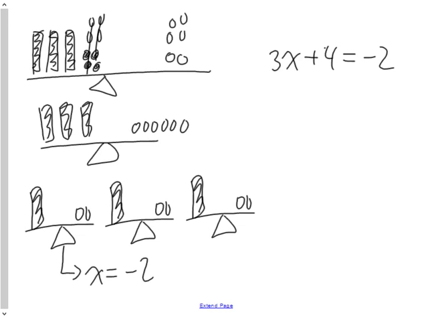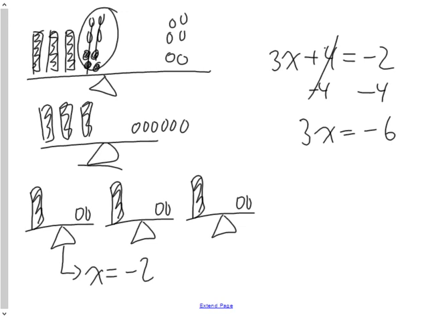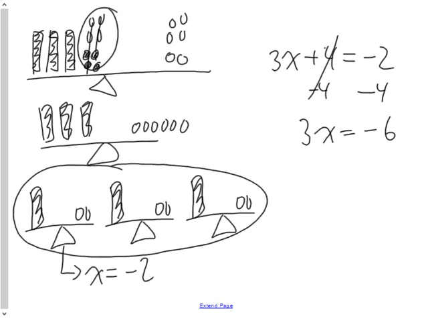Now from an opposite operation standpoint, I'm going to subtract 4 from both sides. I'm going to put a line through that to show that I got rid of my constant in the same way that I put lines over here, leaving me with 3x equals -6. I then took this and I divided it into 3 groups. So here I'm going to divide both sides by the coefficient of 3, which is opposite to multiplying by 3, leaving me with x equals what -6 divided by 3 is, which is